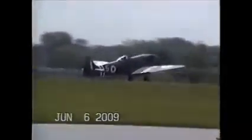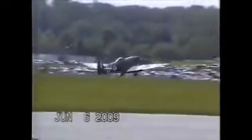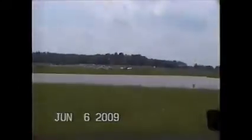Not to mention, let's remind you of all those guys out there in the Pacific who were landing on aircraft carriers. Talk about being between a rock and a hard place, trying to put an airplane on a posted